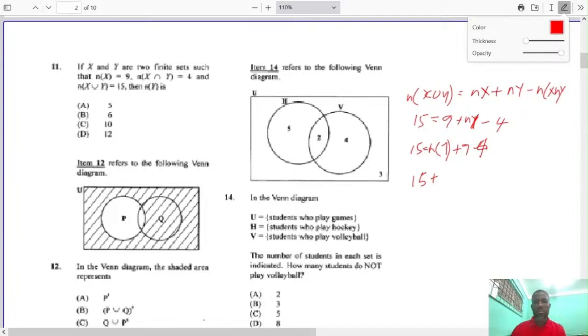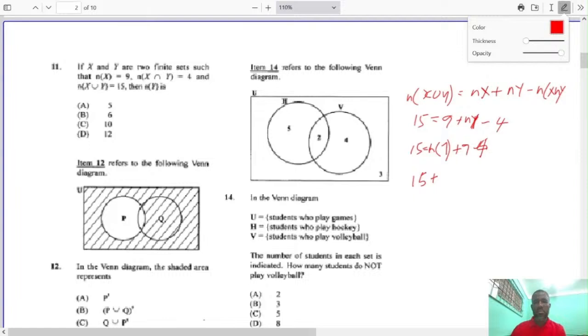Okay. For number 12, we have in the Venn diagram, the shaded region represents P and Q. So the shaded region represents P complement. That is all the elements that are on the outside of P. So therefore that is P complement. Okay, so now we're looking at question